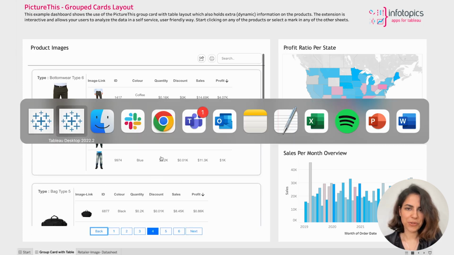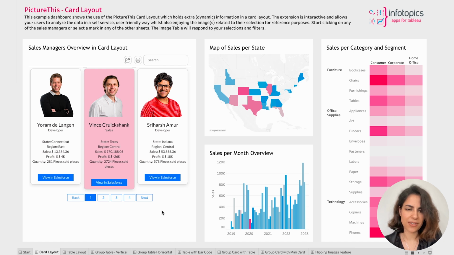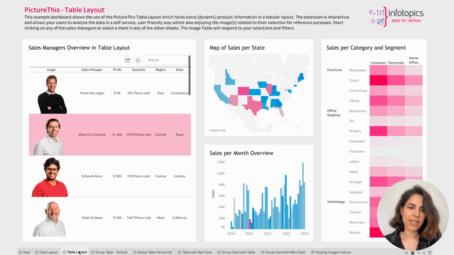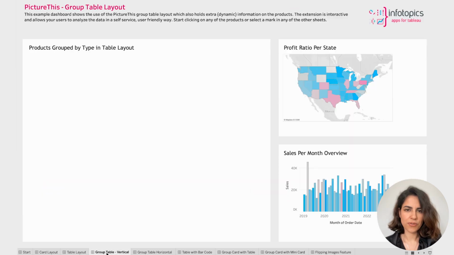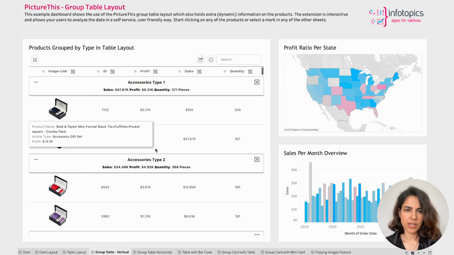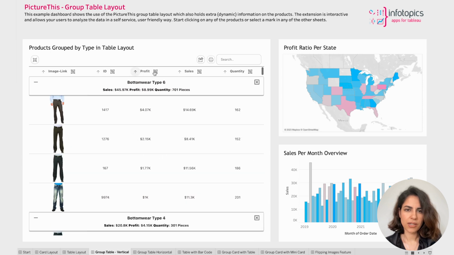Okay, now I want to show you all the possible layouts that you can create with this amazing extension. Starting with cards layout, it's the basic layout that you can have. And then moving to table layout, so you can have also information for each of these images. Next one is group table, so you have the option to change the sorting here, or change the aggregation measure,